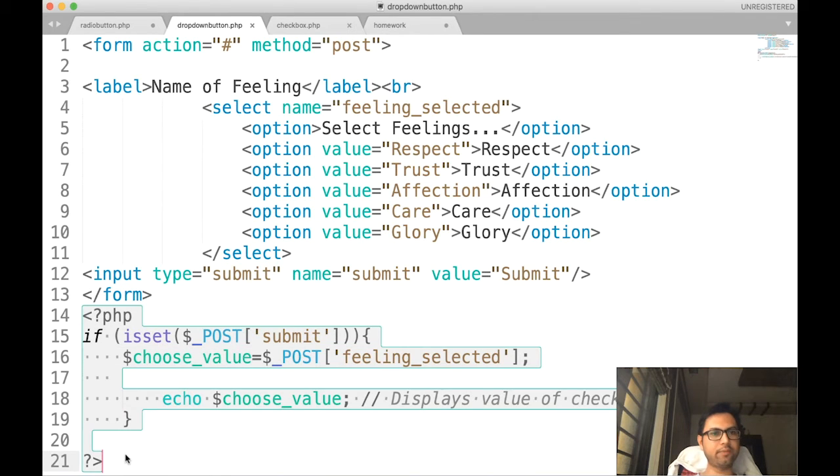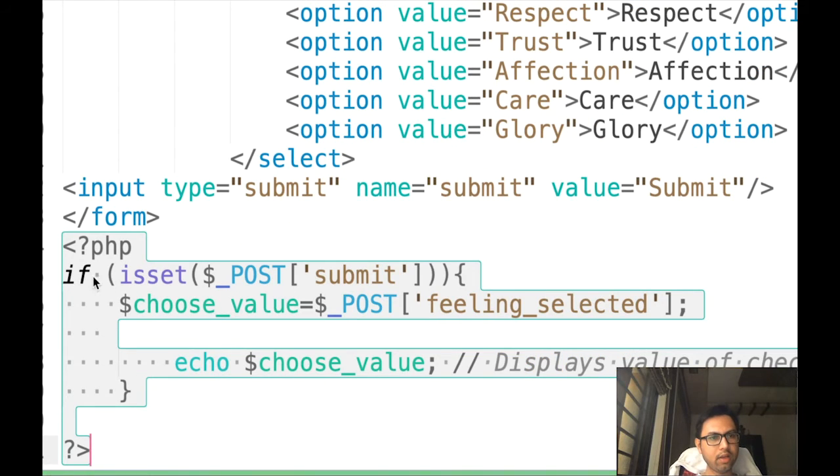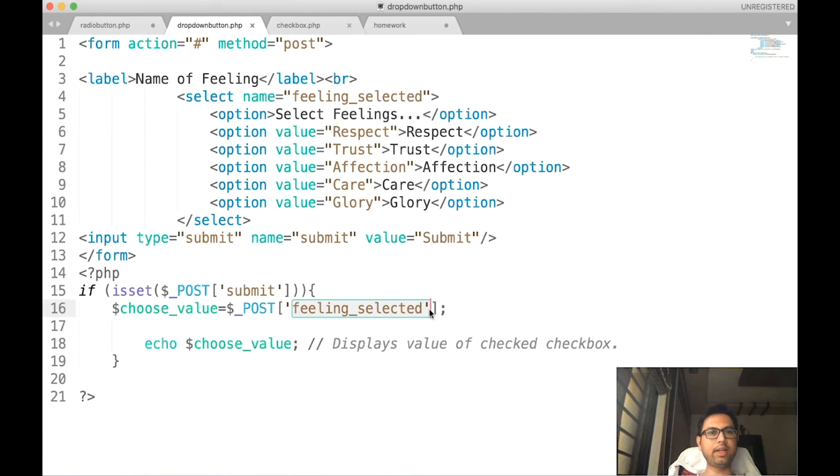So what we are doing in the PHP script is first of all checking if the submit button is clicked, then only we are going to store the value in choose_value using $_POST, with the name of this particular control, that is select. So that is the new thing in this program.